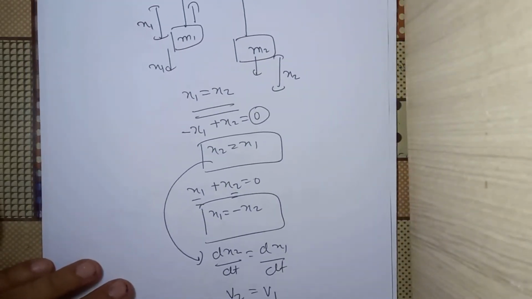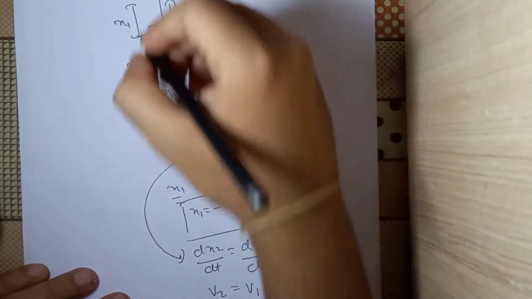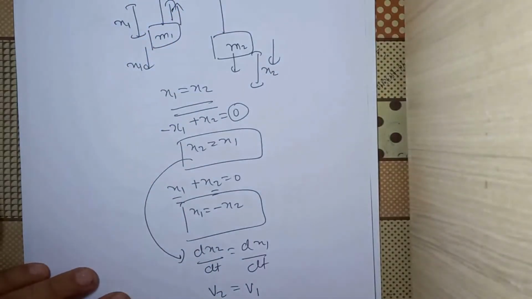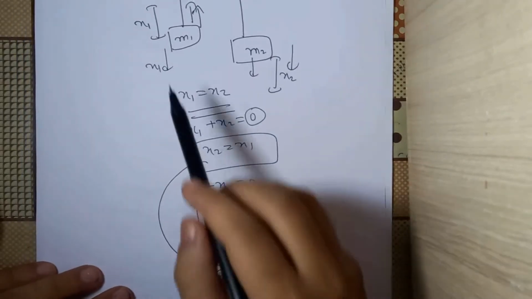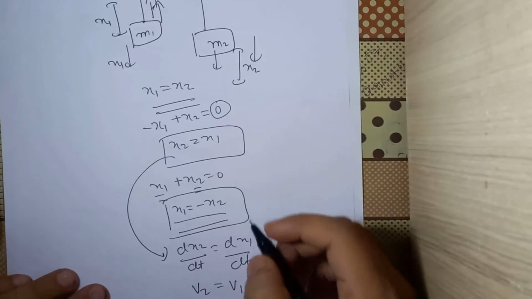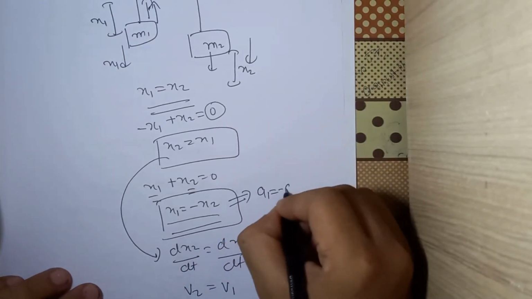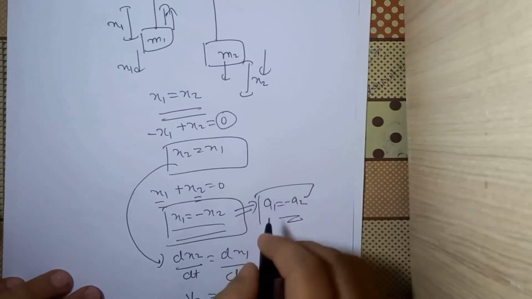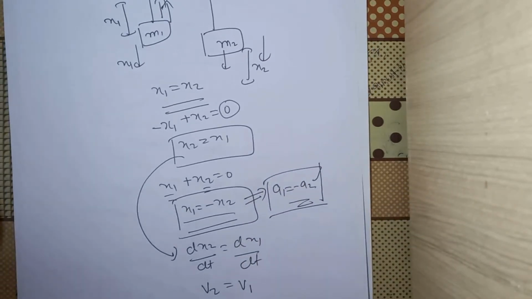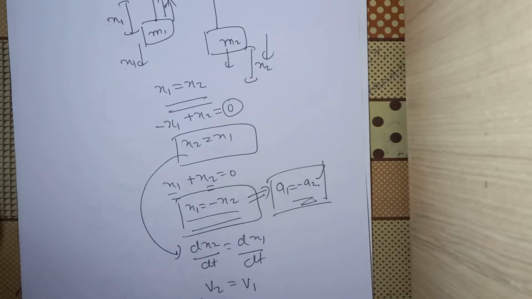Okay, acceleration of both the masses m1 and m2 are same. Okay, in which directions? In the direction that we have assumed initially, which was that m2 was moving down and m1 was moving up. If I had assumed the directions that m1 is moving down and m2 is also moving down, you could have seen that I would have differentiated this relation 2 times to get a1 is equal to minus a2. Okay, so the first task is to assume the direction. You can assume any random directions for all the blocks, and based on these directions try to develop these relations.